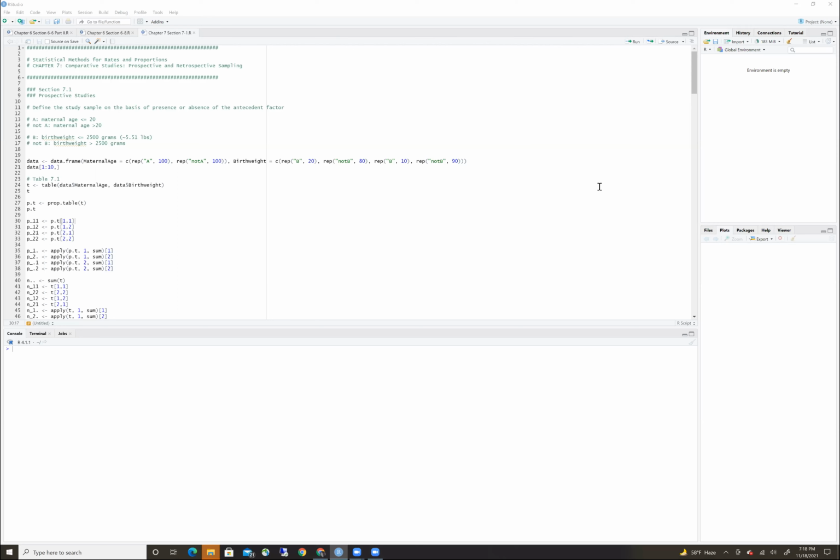So we define our study population by the exposure, and we look forward in time to see what happens with the results. So we're looking at maternal age of mothers being less than or equal to 20 years old versus those who are greater than 20 years old. And then the birth weight of their babies being low birth weight, under approximately 5.51 pounds, or being greater than 5.51 pounds. We are going to look at table 7.1 of our text, which is the same context and design,